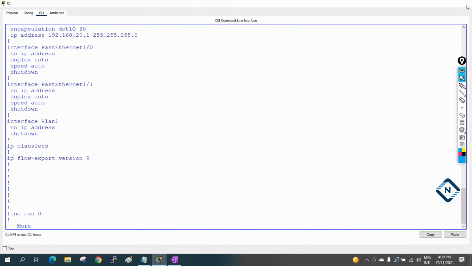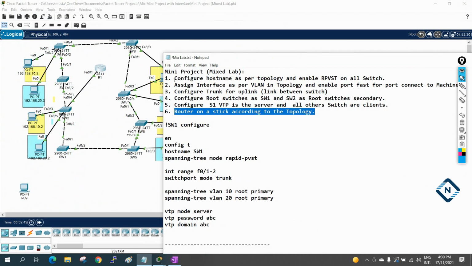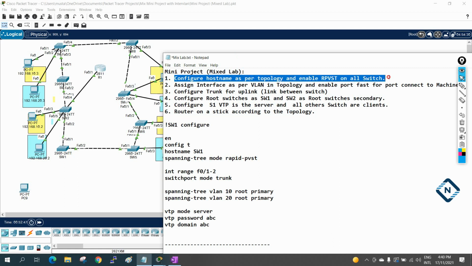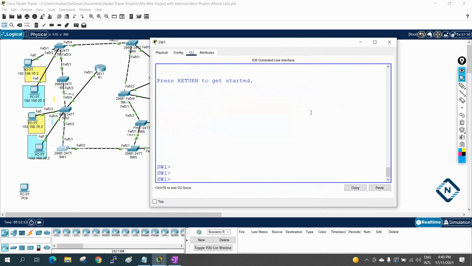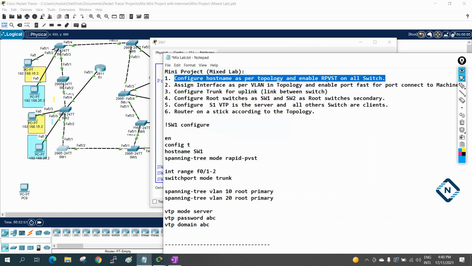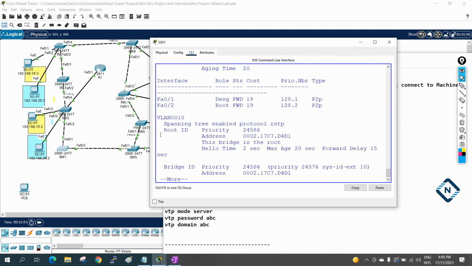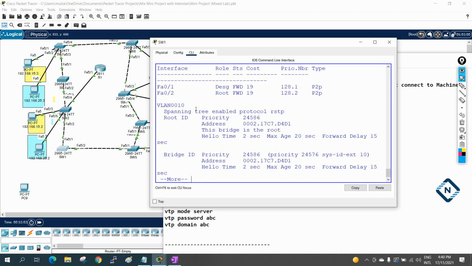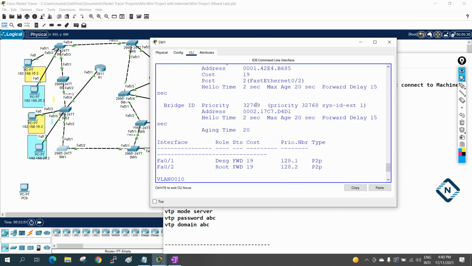So what is pending? Let's cross check what is pending and what we finished. First thing, configure the host name as per the topology and enable the RPVST on all switches. So let's check this one. Host name, did we configure? Yes, SW1 is configured in switch 1. Then enable the RPVST. So let's see, show spanning-tree. When we write show spanning-tree here, we have RSTP.